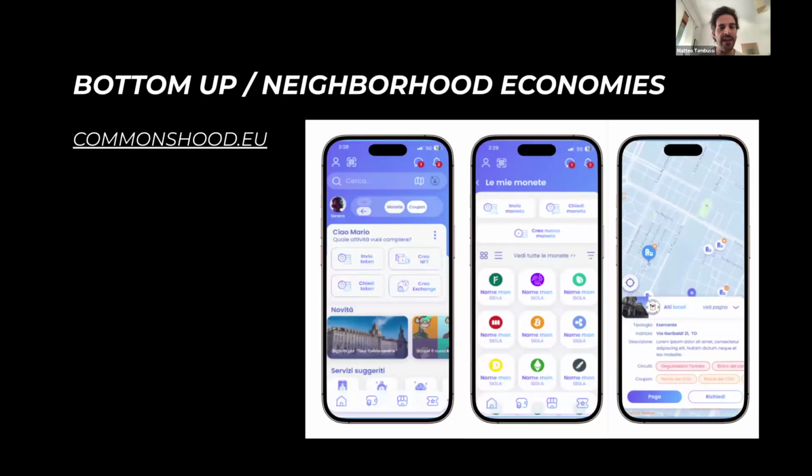So the first use case is bottom-up neighborhood economies. This is an app developed by the University of Turin called Commonsud.